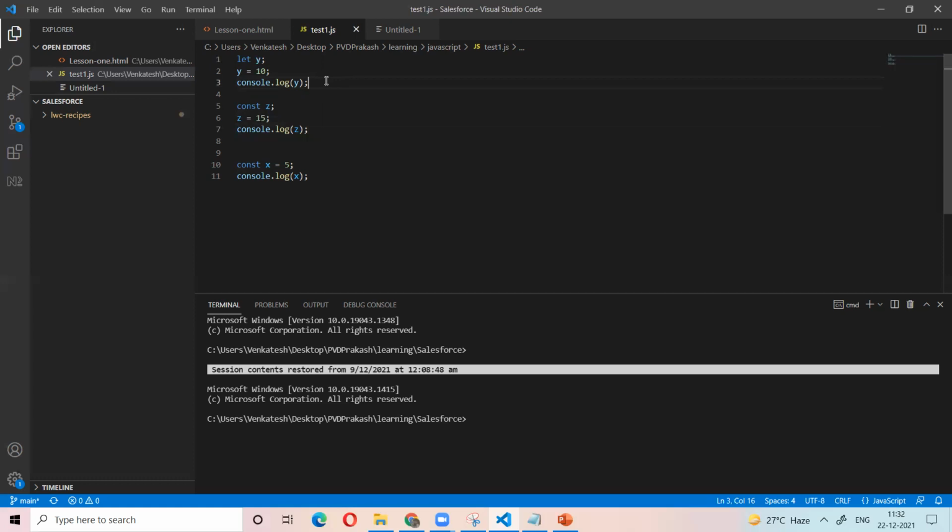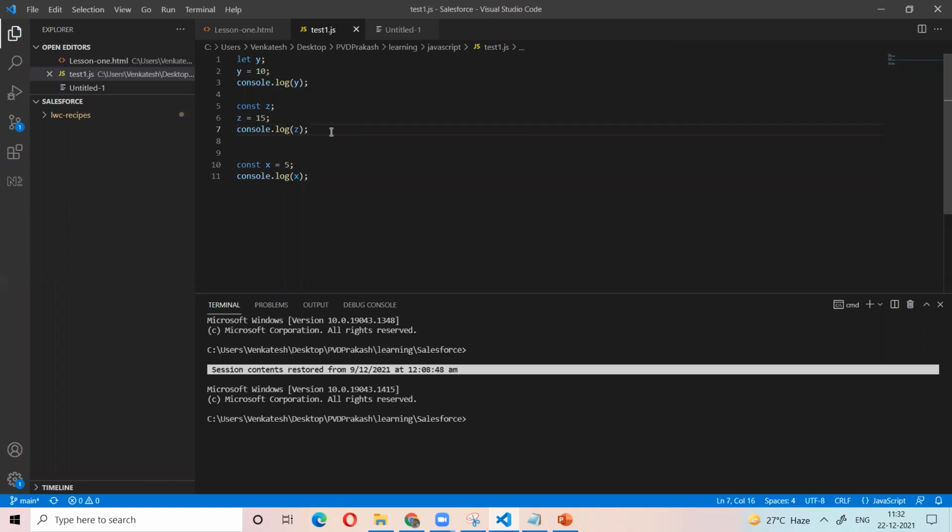Hello? Hello? Yes, sir. Sir, why 10 and constant is error? Okay. In the 11th line? Why does the 7th line give the error? Oh, sir, because the value is not...